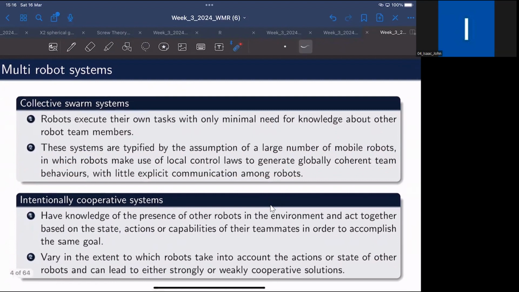And the next being intentionally cooperative systems. So the first point being they have the knowledge of the presence of other robots in the environment and act together based on the state, actions, or capabilities of teammates in order to accomplish a common goal. So in this case, each and every robot will be aware of what the capabilities of other robots within that system are. Like for example, if they need to perform a